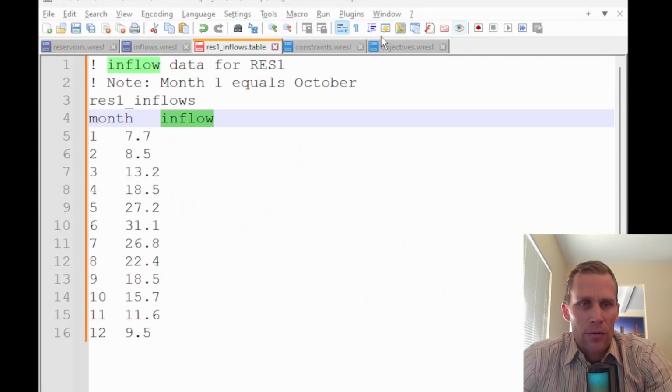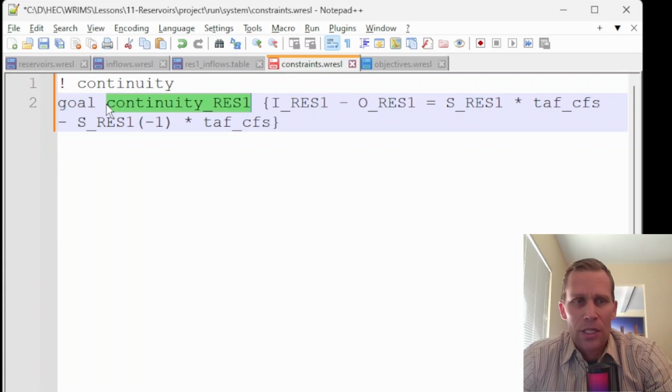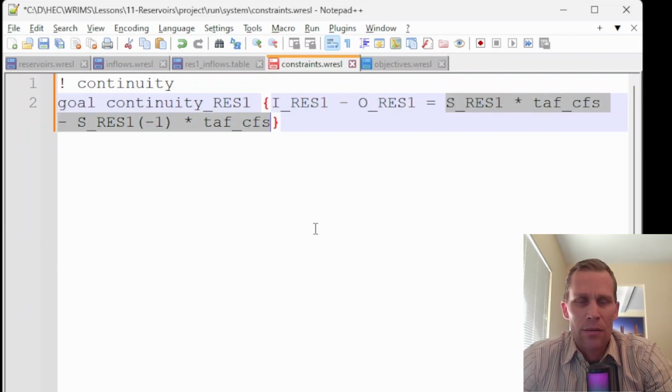And to do that, we'll go to perhaps a constraint file right here. It's called a goal, but it's really a constraint, continuity_res1. And what I'm doing here is I have the sum of the inflows minus the sum of the outflows equals the change in storage right here. So this is your inflow, that's the state variable, we just defined that. This is the decision variable for the reservoir release. And then as I mentioned, this term right here on the right-hand side is the change in storage in the